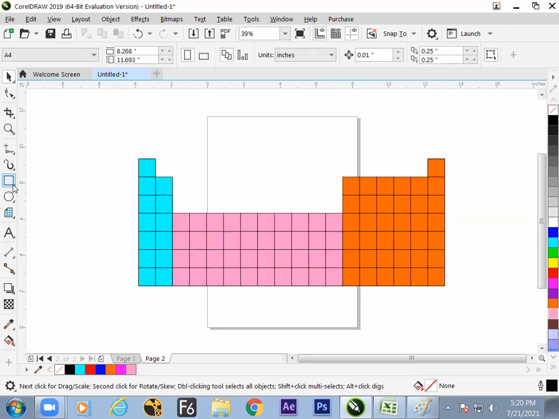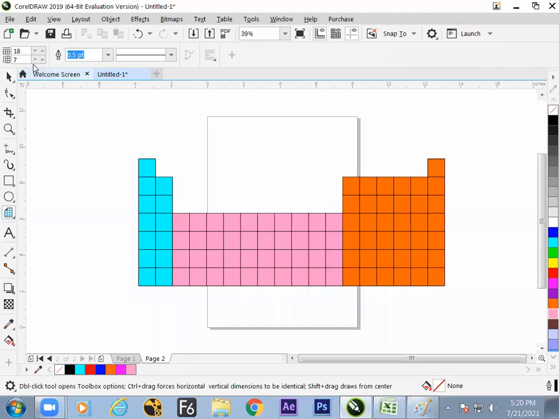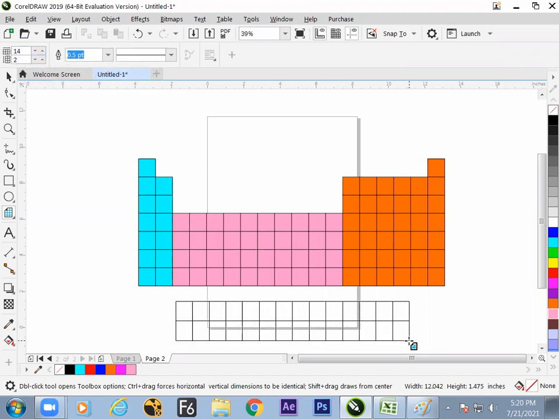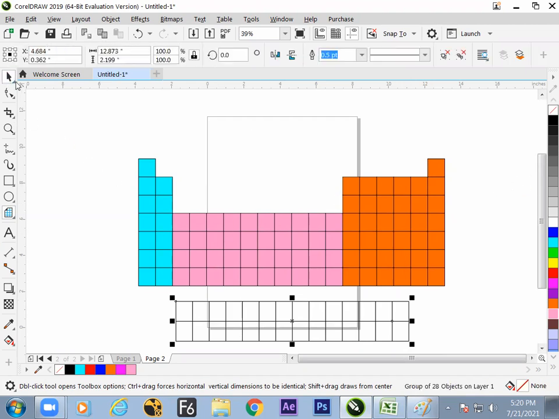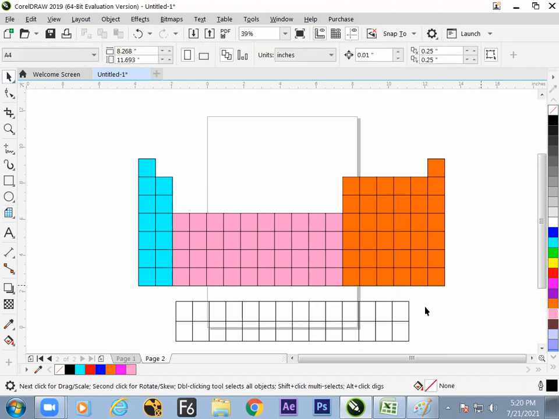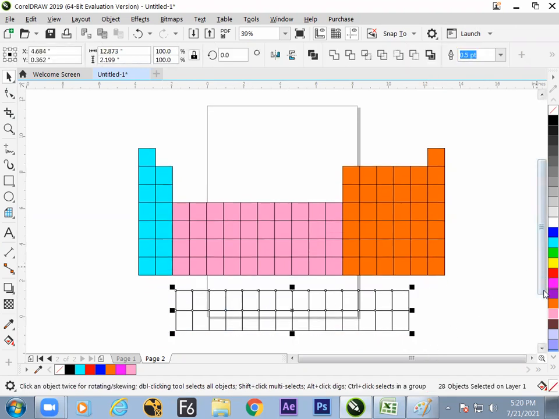And the last one is 2 and 14, the D group elements, F group elements. This is 14. Yes, this information will be provided to you, but as an artist, we need to make this kind of thing.